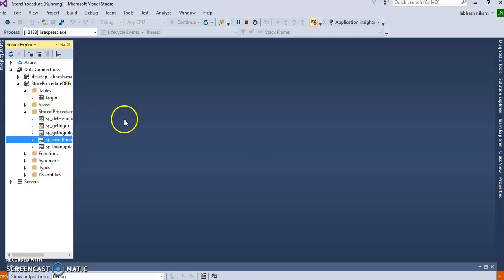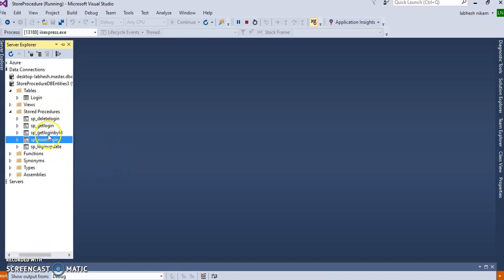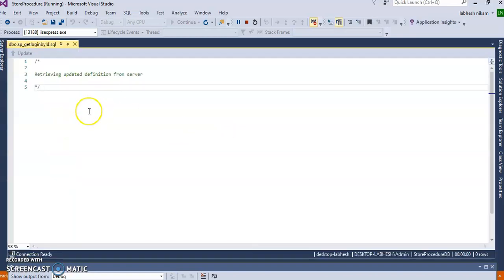I have already created here the stored procedure to fetch the row of the data. You can see here, get login by ID. This get login by ID will fetch the single row data from the login table and display in the view.